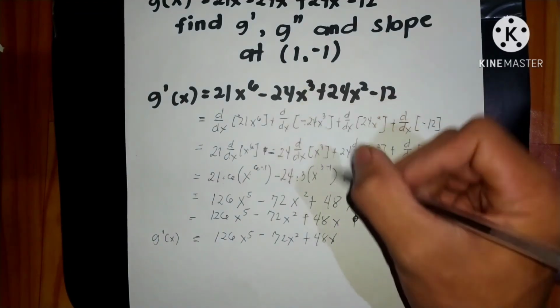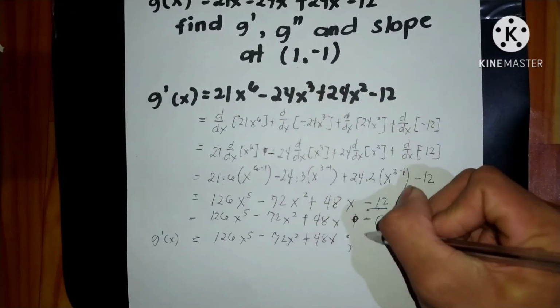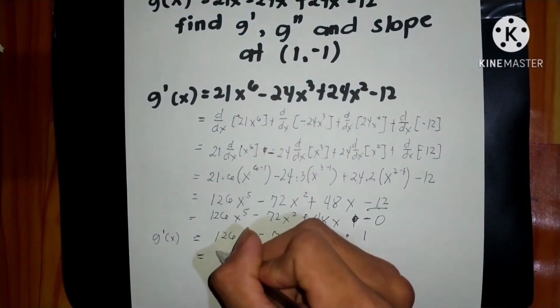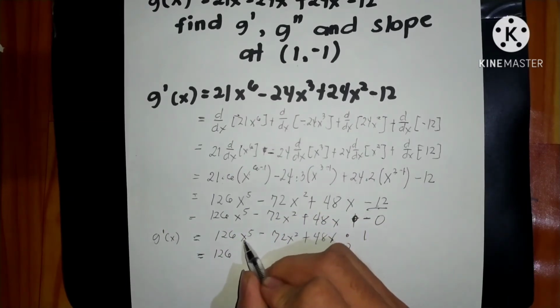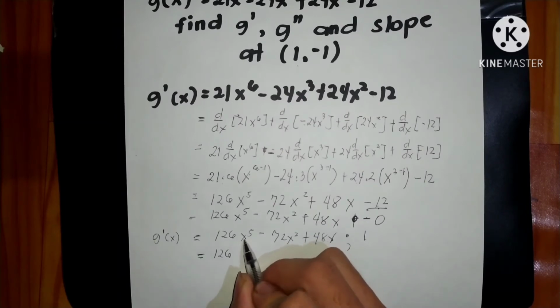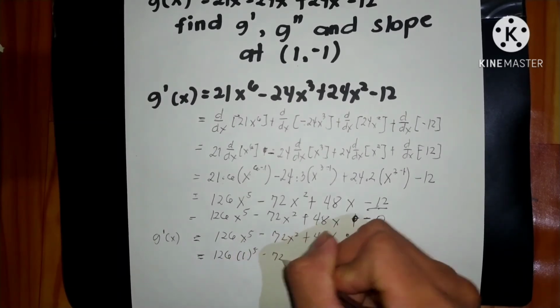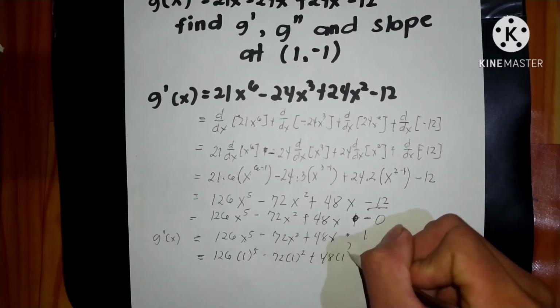Just simply put the value of x, which is the positive 1. Then, 126, substitute the value of x into the variable x, times 1 raised to the power of 5 minus 72 times 1 raised to the power of 2 plus 48 times 1